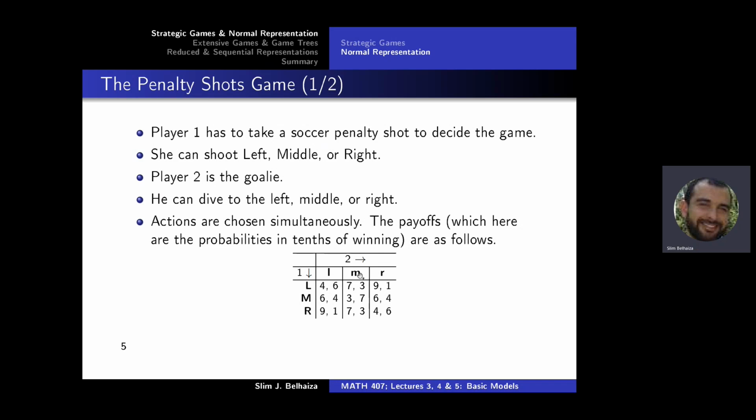However, in the case I'm expecting him to be in the middle, capital M is dominated. And if I'm expecting him to dive to the right, capital R is dominated. So none of the pure strategies of the shooter is dominated by any of his other pure strategies. However,